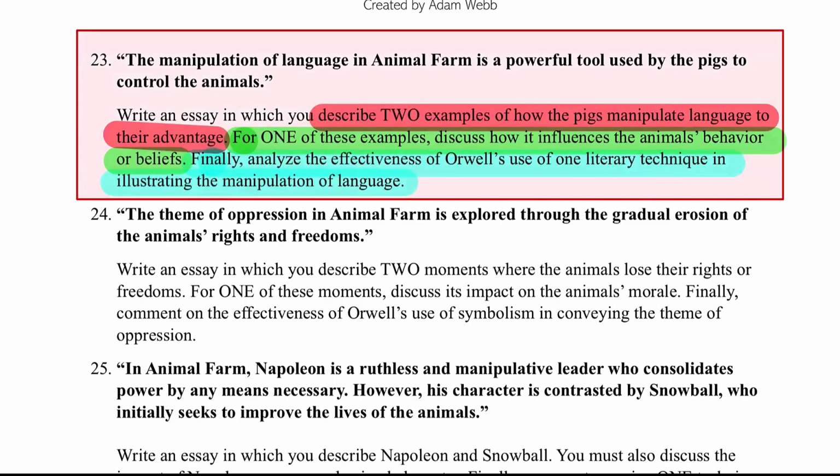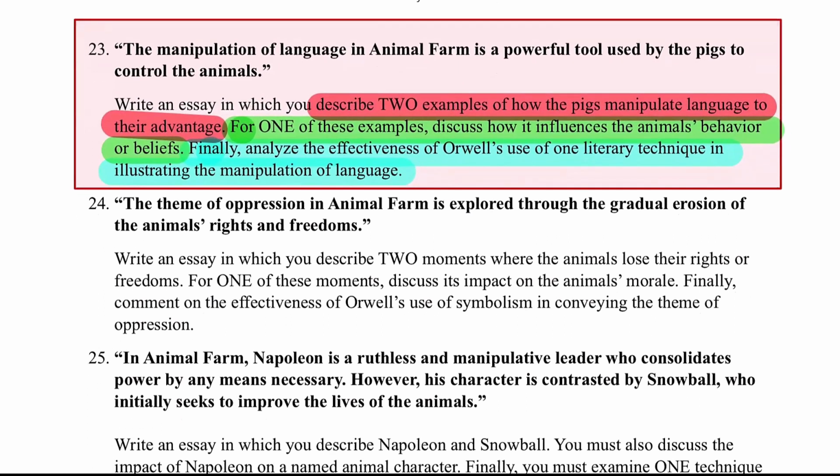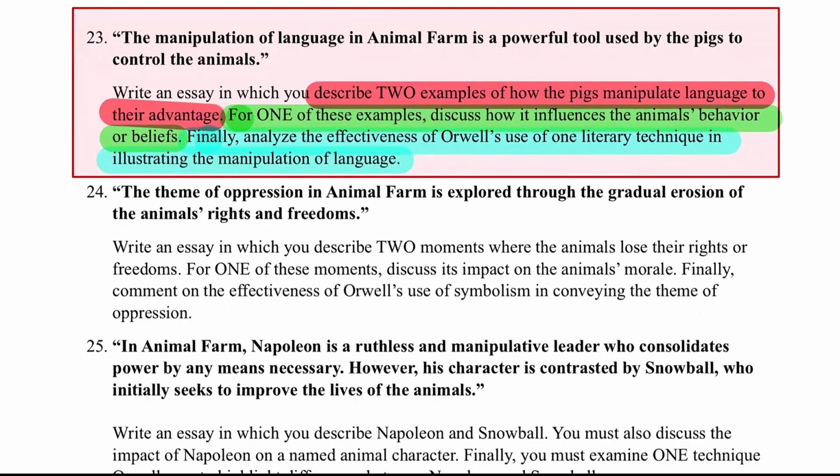So that last part looks a little tricky, but it's not so tricky actually. I already wrote up to describe two examples, but I can give you what I have. The first one I have is the iconic milk and apples, where I think Squealer convinces the animals that the milk and apples are all for the pigs, that they use it for health and for brain power, even though it's obvious to us that they just wanted to have it all for themselves.